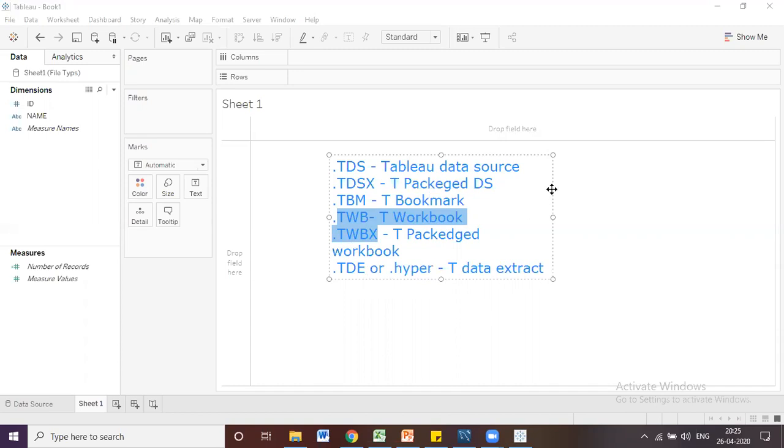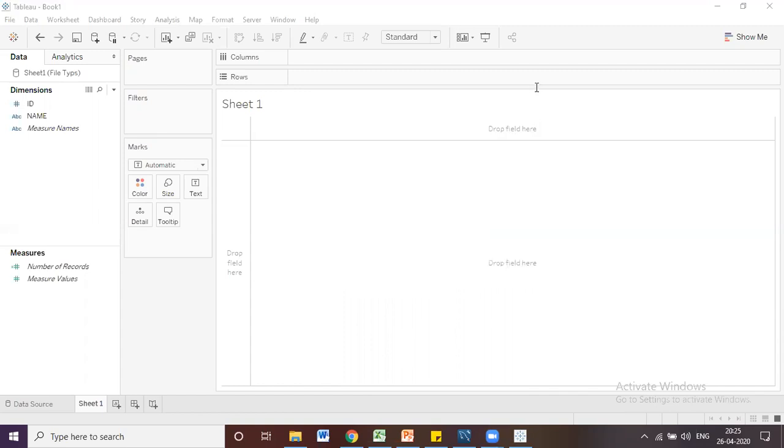Initially, we are going to see the difference between TDS and TDSX, which means Tableau data source and Tableau package data source. Now I am going to clear the screen. To see the difference between the TDS and TDSX file, I have created an Excel file.